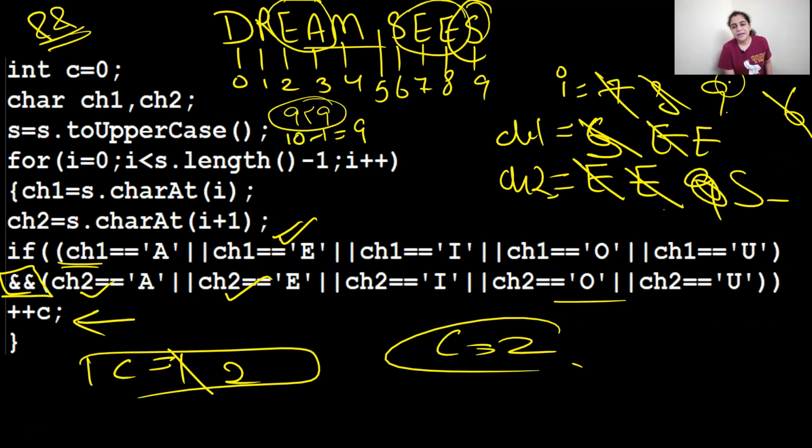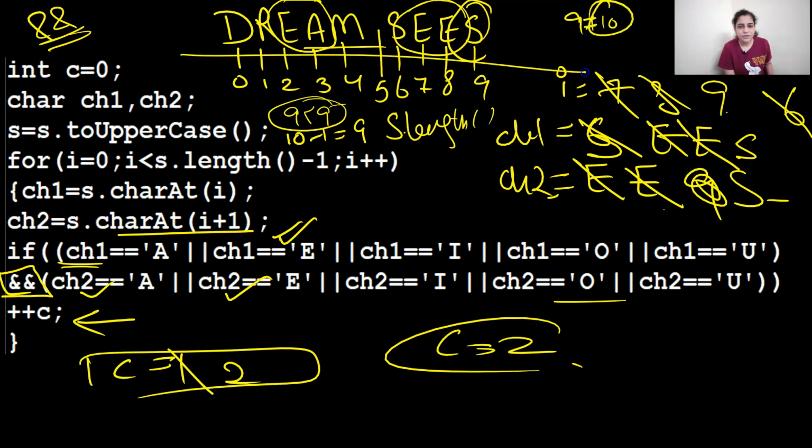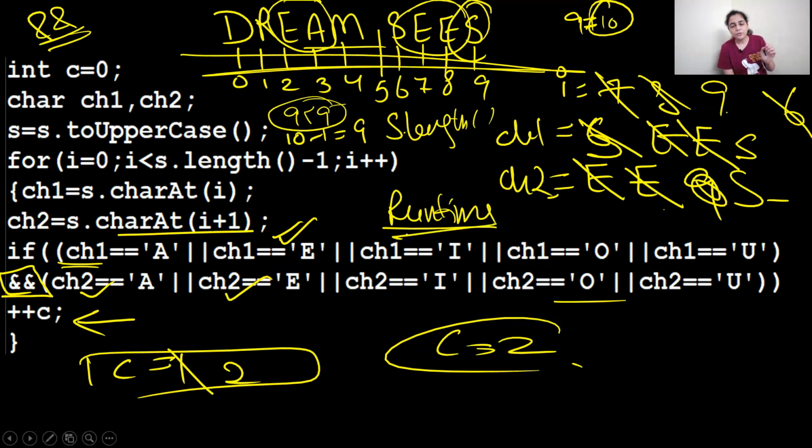Now you would see that if, for example, I haven't taken s.length minus 1 and only s.length, then I would be 9. So in ch1 we will get the value at 9, which is S, and then at ch2 it will be I plus 1. So 9 plus 1 gives you 10. At this position 10, you can see in your string there is no such character. So you will get a runtime error, a string index out of bounds exception. In order to save my program from getting into an exception, that's why I took the value s.length